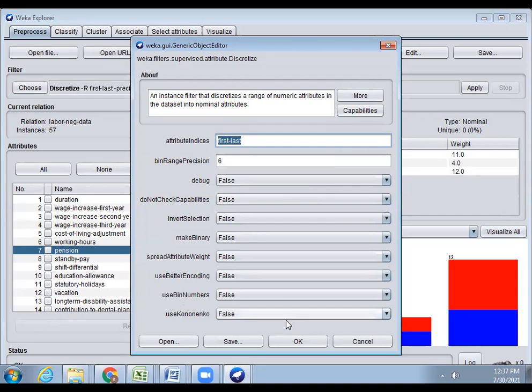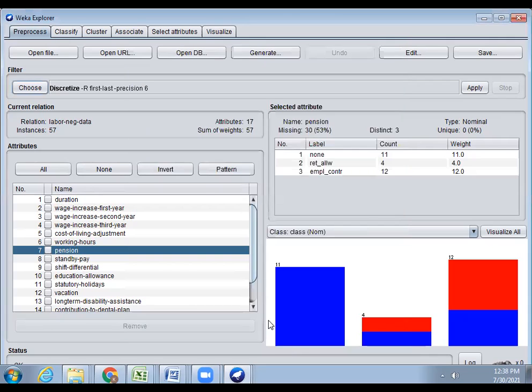That is the built-in default, so we just index the attributes we want to pre-process. Because most attributes are numerical, we suggest first to last and click OK. Then finally we select apply.